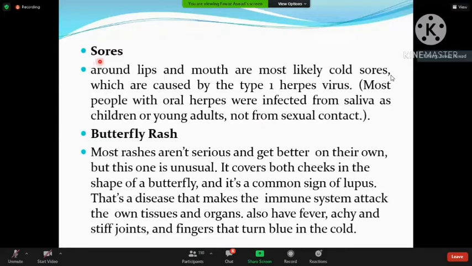Sometimes during the extra-oral examination we could notice the presence of sores on the lip. Sometimes it could be a viral infection, like for example the herpes virus. Even during examination you could see a butterfly rash on the face of the patient. It could be a systemic disease. For example, the butterfly rash is mostly associated with SLE, or systemic lupus erythematosus. And usually there are precautions during dealing with these types of patients.